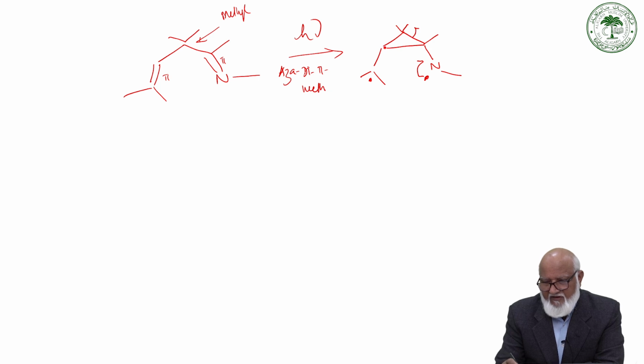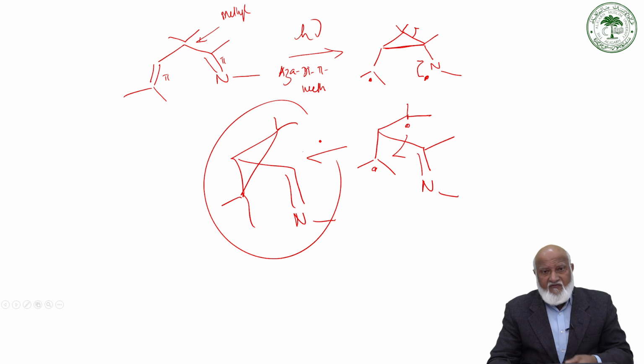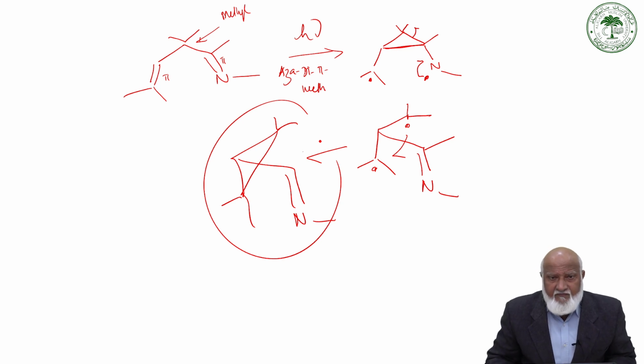opening of the cyclopropane ring. This is a newly formed bond, and then the other bond cleaves to give this, a diradical like this, and then this will combine to give a similar product, which has been reported through the formation of this. So you can see we have all 3 different types of reaction.